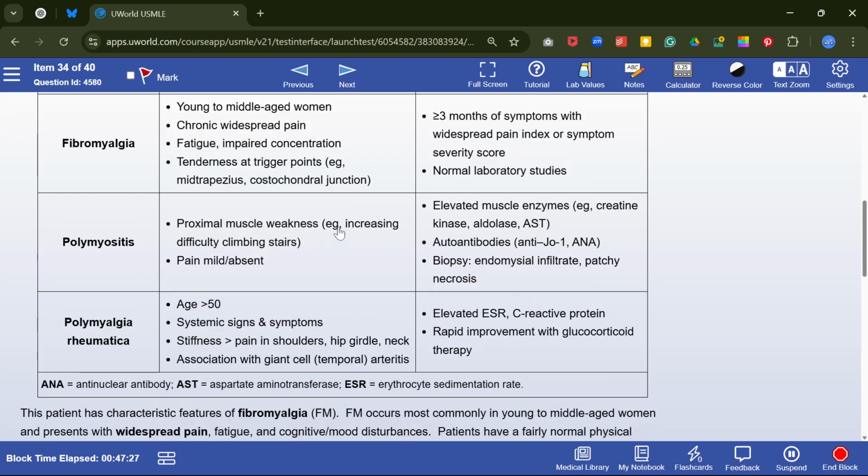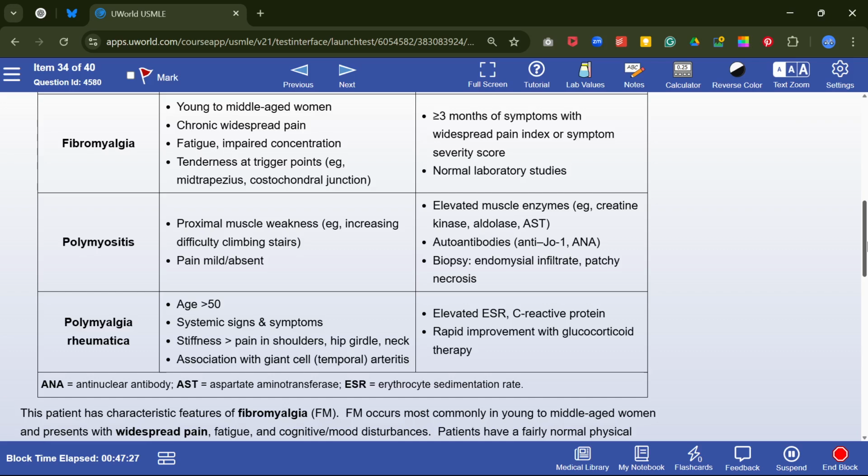Polymyositis: proximal muscle weakness, increasing difficulty climbing stairs, and pain mild or absent. Elevated muscle enzymes CK, aldolase, AST, autoantibody anti-Jo, ANA, biopsy,